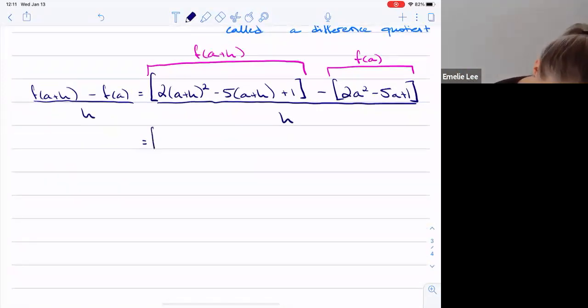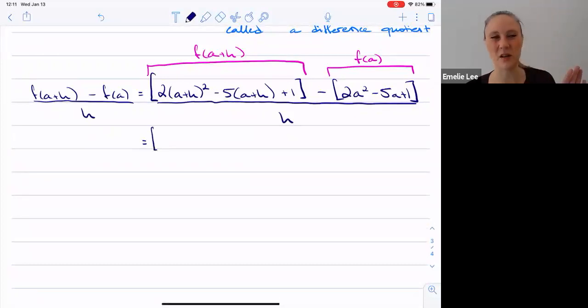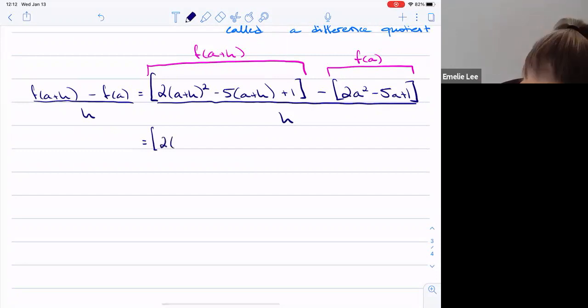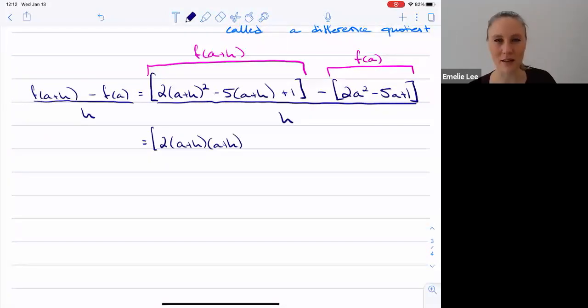So I'm going to keep these big square brackets just in case I need to go back and rework something, if something went wrong maybe. 2 times a plus h times a plus h. And maybe you're fancy and you can just expand this in your mind. Hopeless. I can never expand stuff in my mind. I have to write it out, and I do every step. And so I show more work than you probably need to, but